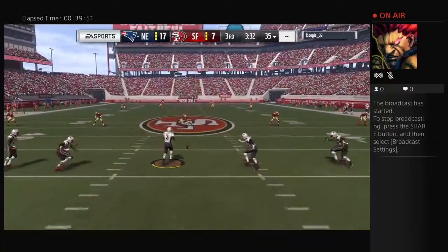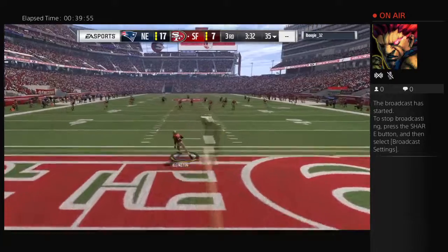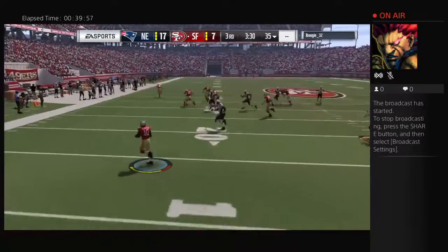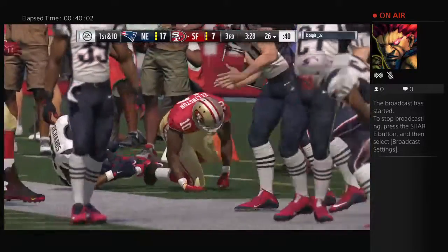Gostkowski now, after the touchdown, he'll send this one away. That'll be taken in the end zone. And San Francisco get...